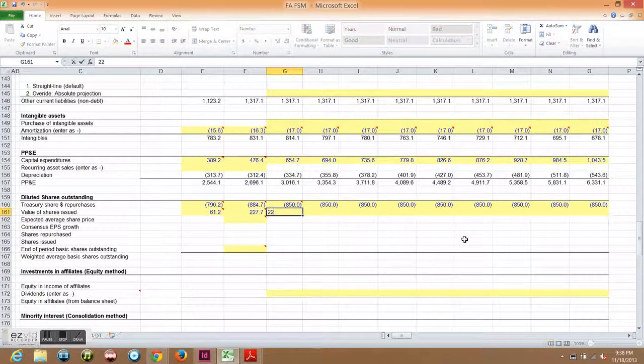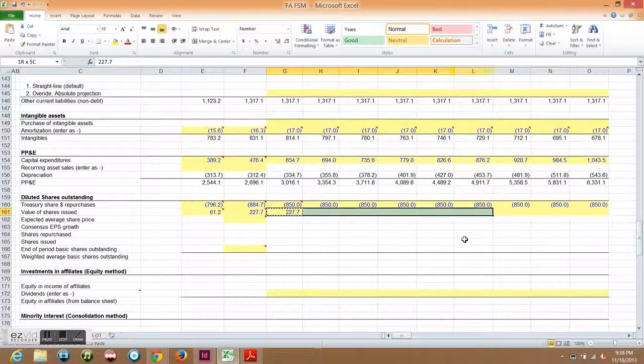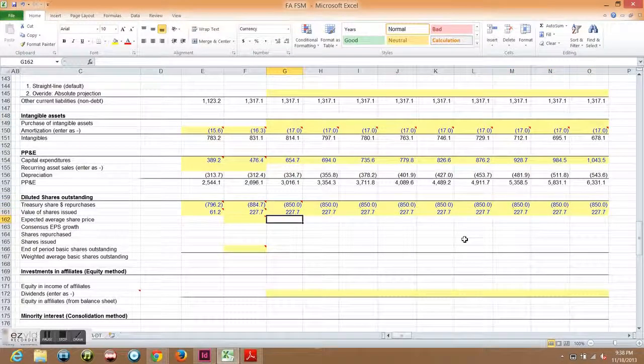Now, expected average share price. There are several ways to do this. You can just go on Bloomberg and get a random price, but typically the best way to do this is to take a 52-week trading period of a particular stock, find its high and low, and average it out. So that's what we did. We're going to find an average. Now, I'm going to save you guys